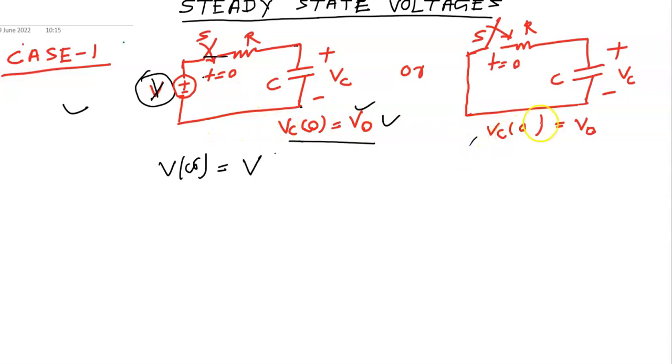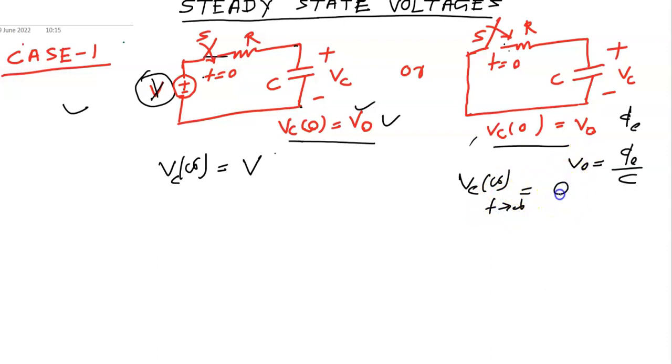In the same case, when the initial charge is Q0, the initial voltage V0 is equal to Q0 upon C. When the switch is closed, the capacitor will start discharging through the resistor, and finally at t equal to infinity, VC infinity, the steady state value, will be simply 0, because it is a single capacitor and the capacitor is fully discharged. So this is a very simple case,